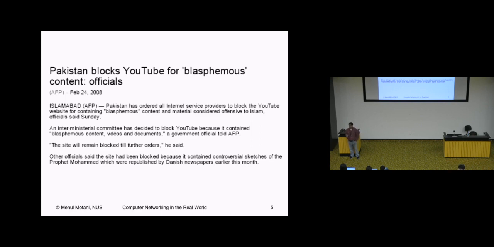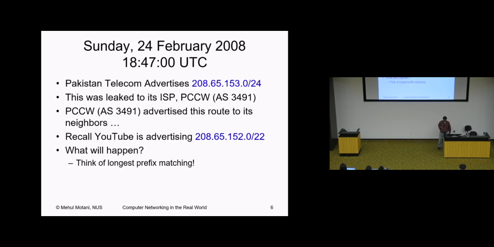So that's what they wanted to do. They wanted to block YouTube. So what they did was, they told Pakistan Telecom, which was the main ISP, to do this. What Pakistan Telecom did was it advertised this prefix,